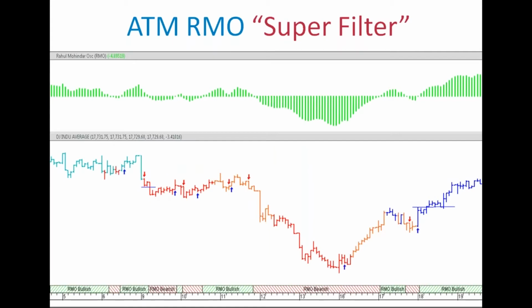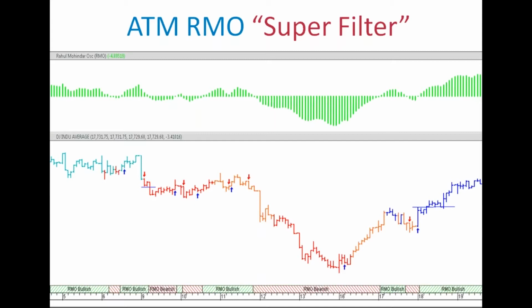I almost touched on it in my last webinar, where I talked about the ATM RMO. Now, we discussed the RMO system, which is inbuilt inside of MetaStock, but this is what we did. We built what we call a super filter. And I can tell you, when I upgrade a system, I don't just release an upgrade every few months for the heck of it. In fact, the ATM got upgraded after a couple of years. It's because we really work hard on the testing and the reliability. When we release something to you, I want to make sure that it's definitely better and it's definitely adding value to you.